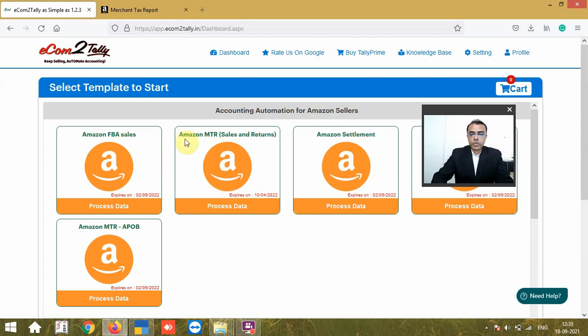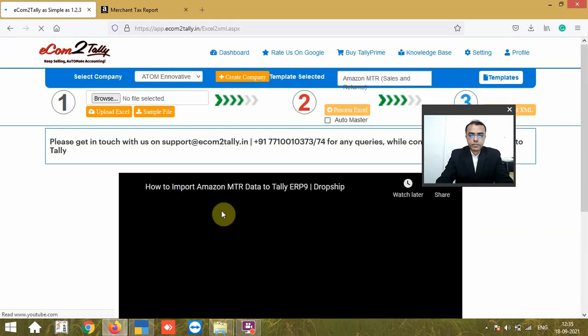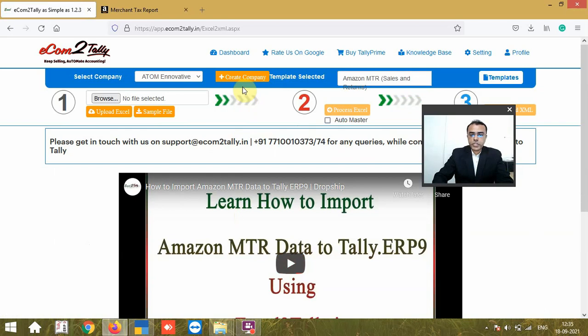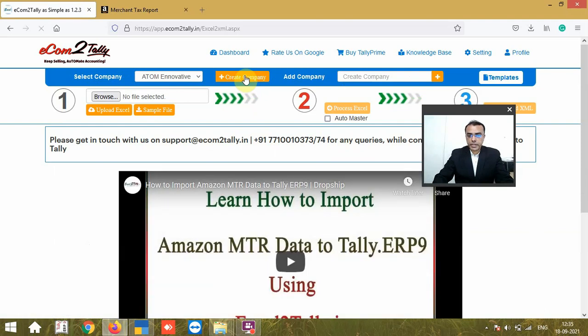Here you will find the Amazon MTR option. Go to process data. In process data, first you will have to add a company in which you want to import data.